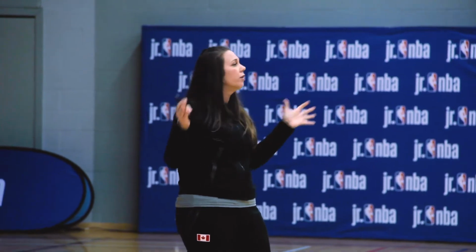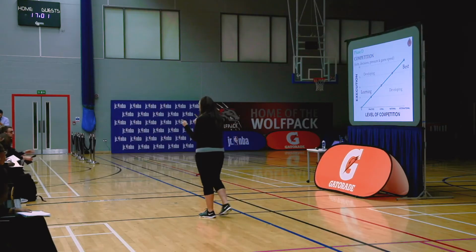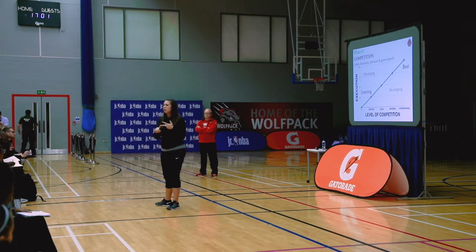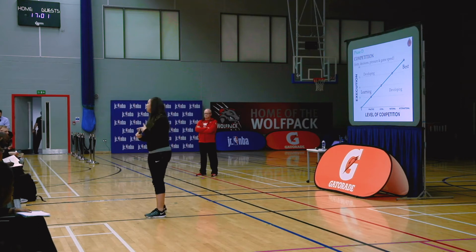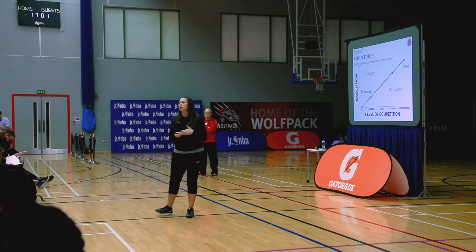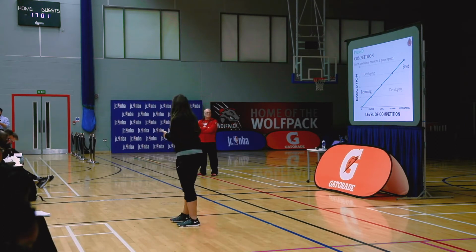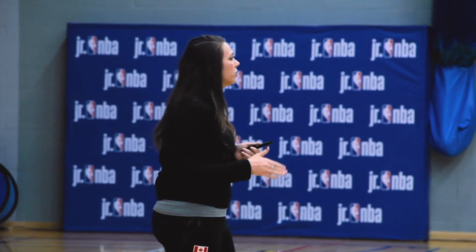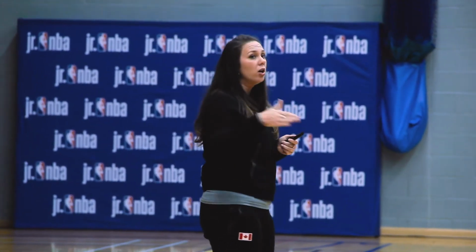And so again, execution is now comprised of everything we've covered thus far. We're talking about form, speed, decision, right decision, right time. We're talking about bumping pressure. But now we're also talking about the level of competition. So compete happens for sure in practice, right? You might have some 4-on-4, you might have a 5-on-5 compete-like scrimmage, which are the lower levels on the scale of competition. But it can build all the way up, and for us, it's like the gold medal game